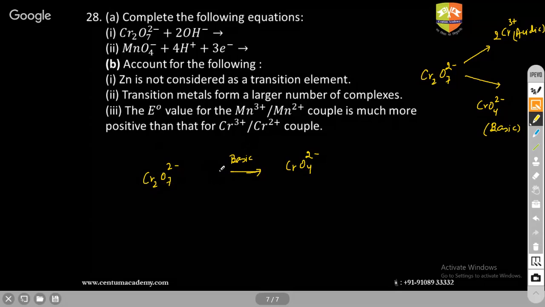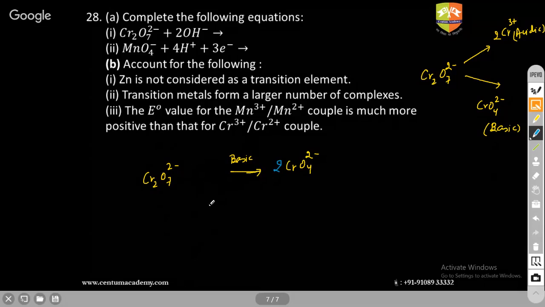And once we balance all this, just one change will be done in the last, and the whole question will convert into basic medium. So the benefit of this is what? You don't have to memorize the rules for basic medium separately. Let me do this first, you will understand. First of all, we'll balance all the atoms other than oxygen and hydrogen. So here we have 2 chromium, so we'll add 2 here,